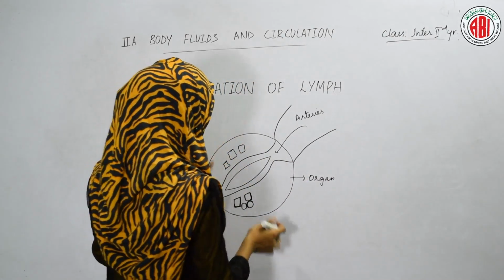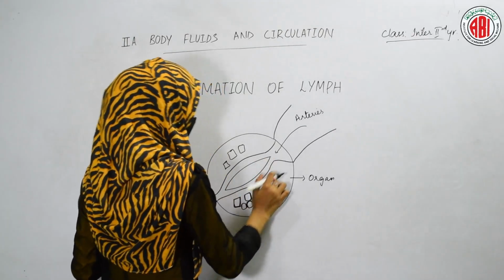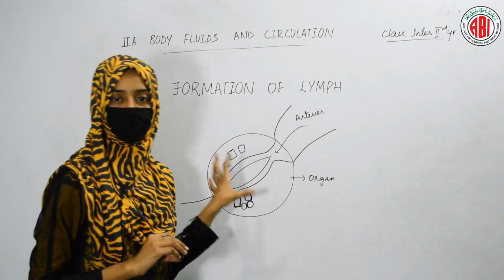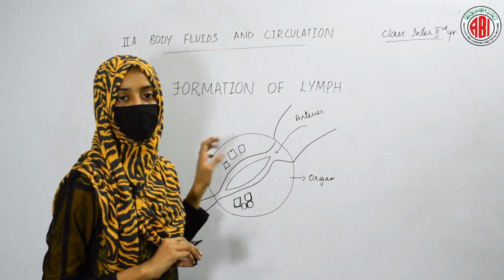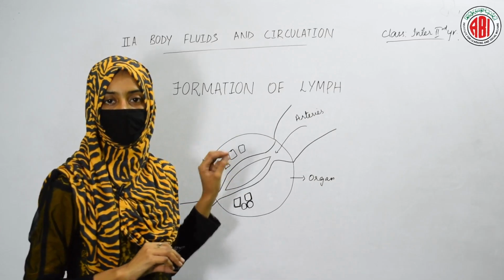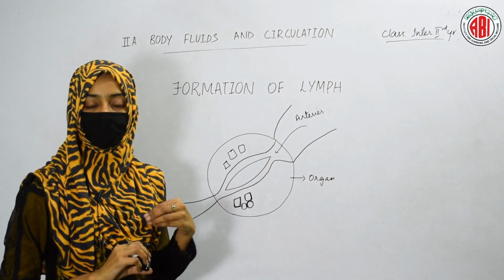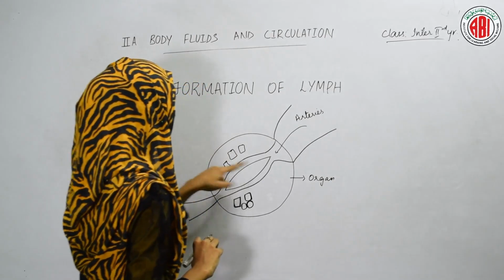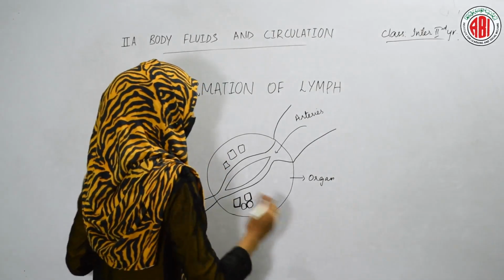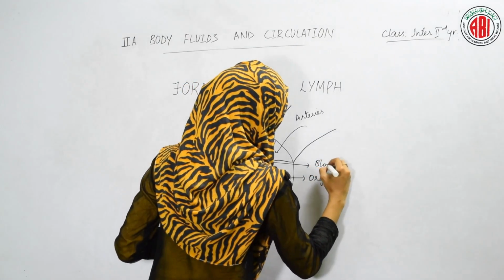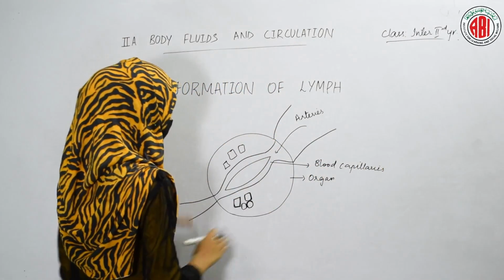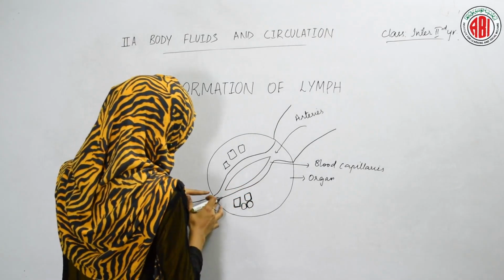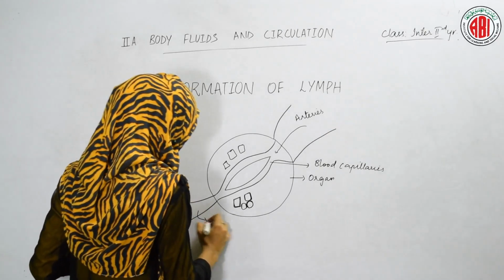So this is any organ that is found in our body. This organ shows the presence of blood capillaries in it, because blood capillaries are the blood vessels that carry the blood into the different organs of our body. If the blood capillaries were not present, then our circulatory system would not be of closed type. So in the closed type of circulatory system, blood capillaries are always found in the organ, which prevents the flow of blood over the tissues. These blood capillaries join together and open into another blood vessel, that is the vein.